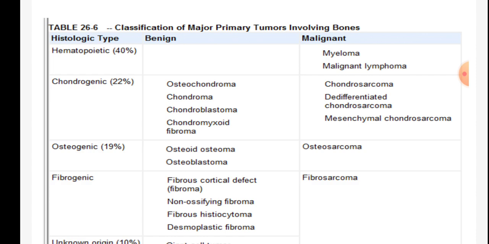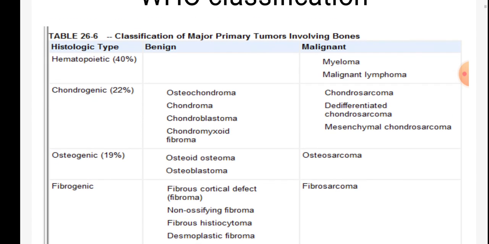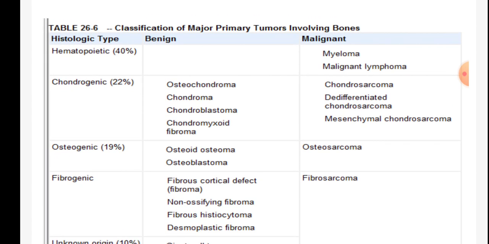The benign lesions: osteochondroma, chondroma, chondroblastoma, chondromyxoid fibroma. These are all cartilage-originated tumors, that is chondrogenic. The malignant counterpart of this cartilage one is chondrosarcoma, dedifferentiated chondrosarcoma, mesenchymal chondrosarcoma. Here you can also see the myeloma and malignant lymphoma, that is from the hematopoietic components,